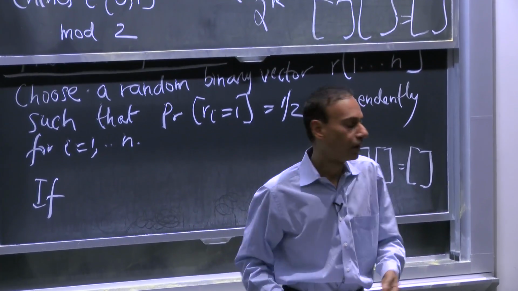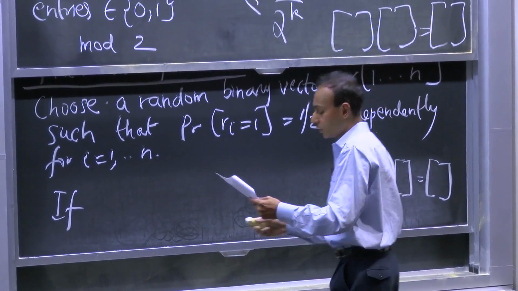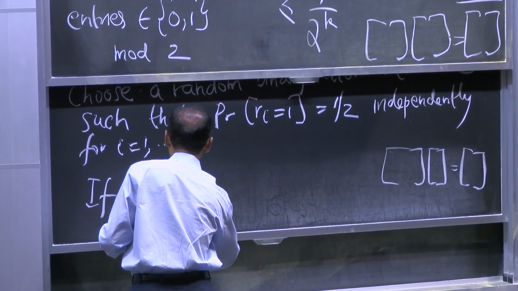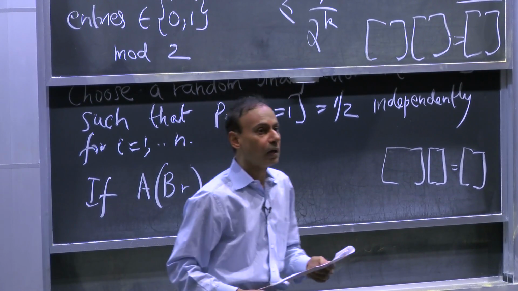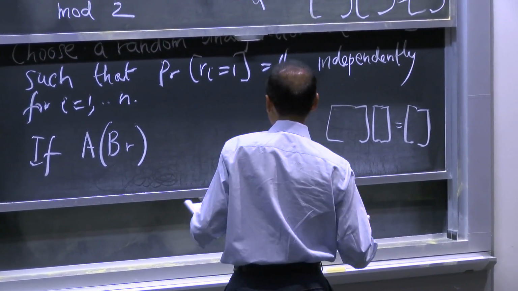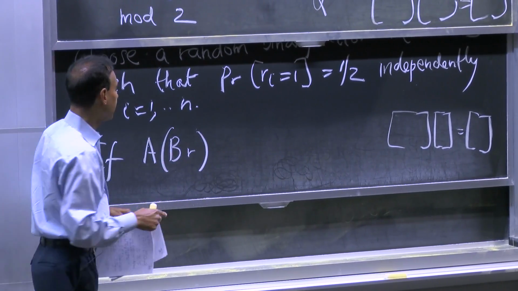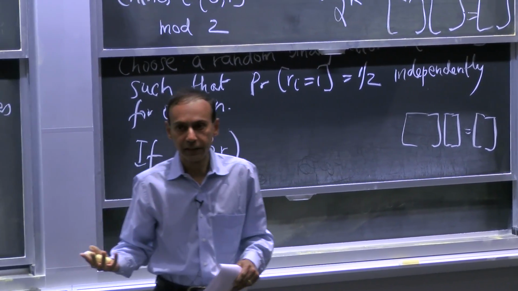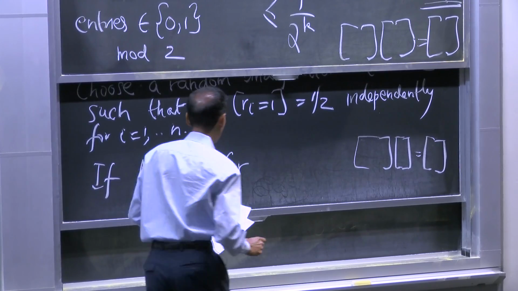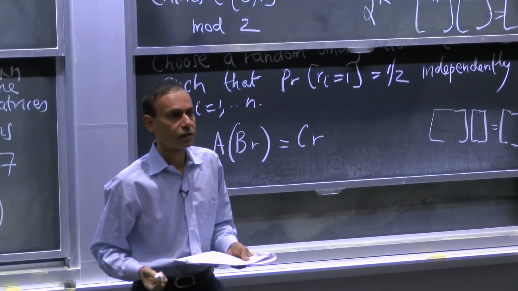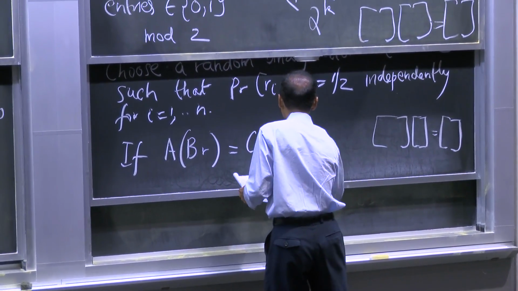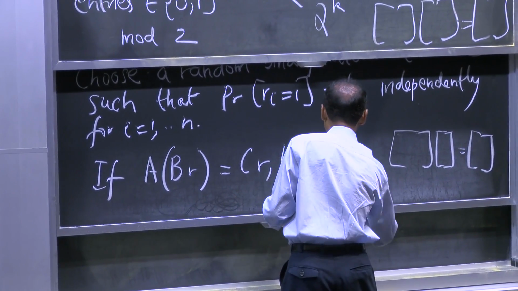That makes sense? And so what we're going to do is take this R and compute A times BR. The brackets are important because they say you compute what's inside the brackets first. Otherwise it would be a problem because you'd be multiplying A times B, and obviously that's order n cubed. You don't want that. So A times BR, and we compare it with CR. Remember, R is a column vector, and C is an n by n matrix, as are A and B. We're going to output